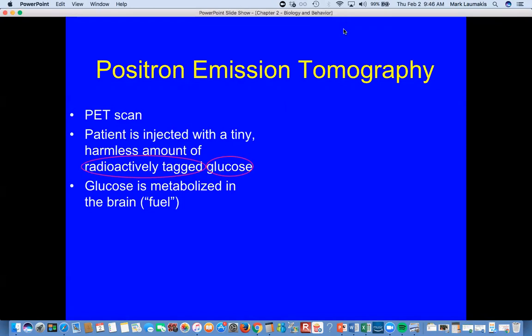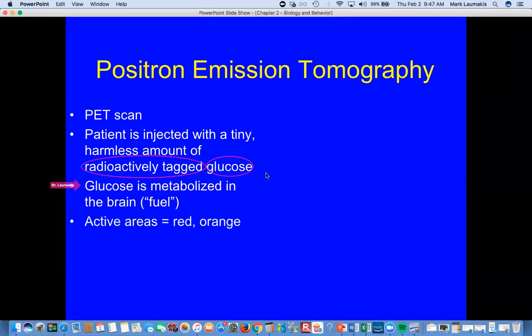So the logic here is follow the fuel, see geographically, if you will, in the brain where that fuel gets burned up, and that will tell me something about what aspects of functioning that part of the brain is involved with. You get the idea here, right? Follow the fuel, where the fuel gets metabolized, where it gets burned up. That tells you as you're reading a book or listening to music or looking at a beautiful picture or remembering what you had for dinner last night, what parts of your brain are lighting up as you do those different activities tells you something about the role that they play in your everyday functioning.